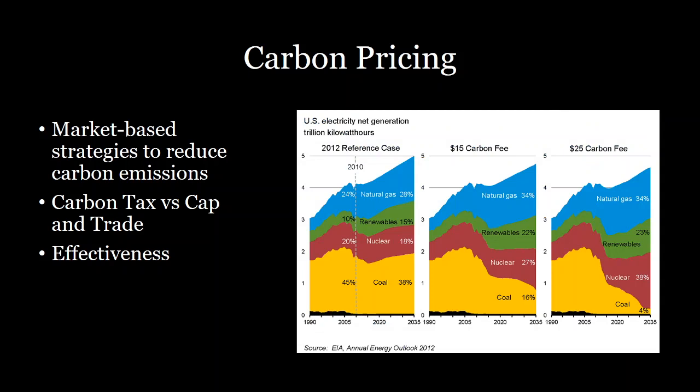And we can see here how that would affect the different industries that produce our electricity. By implementing a $15 carbon tax, for example, we'd reduce the amount of coal production by 22%. And a lot of that would be taken up by increases in nuclear power production and natural gas production. And if we had a $25 carbon tax, then we'd pretty much eliminate the amount of coal that we're using, and those would instead be taken up by more renewable sources and cleaner sources.